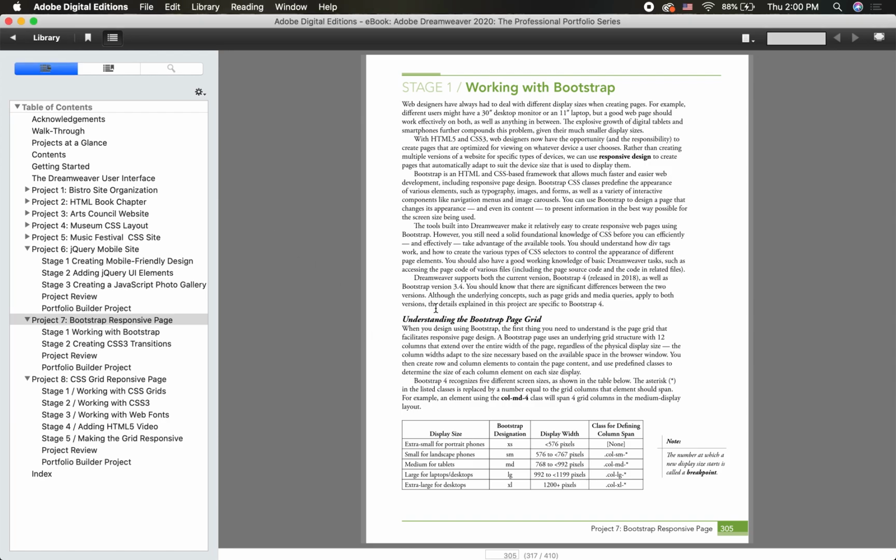Bootstrap 4 uses an underlying page grid, like I was saying. Imagine that there are 12 columns that extend over the width of the entire page, regardless of the physical display size. The columns adapt to the size necessary based on the available space in the browser window. So if you think about it, on a mobile view, you're making your screen smaller, but it's still divided into those 12 columns. As you're expanding your screen size, the column widths are going to be wider, but they're going to be set as percentages. So they will